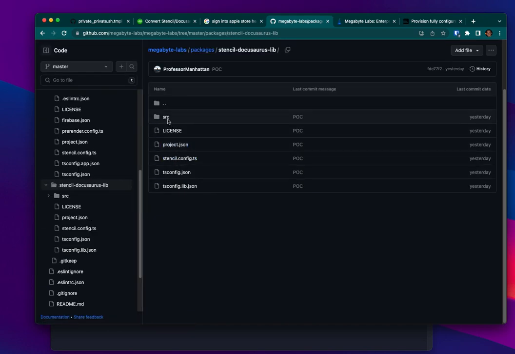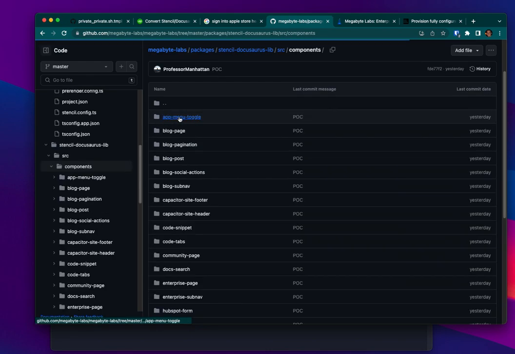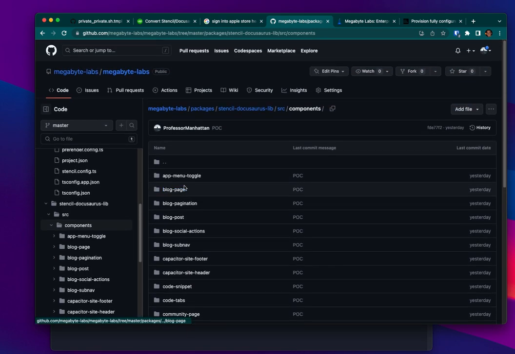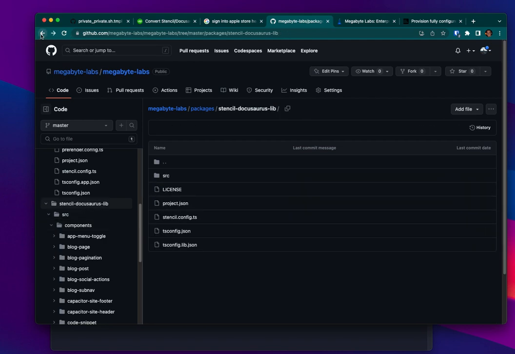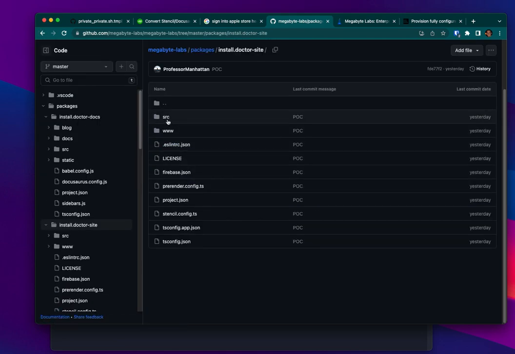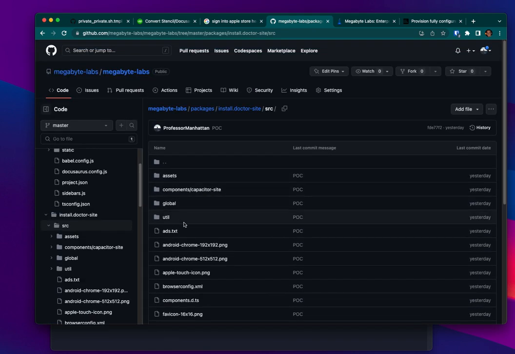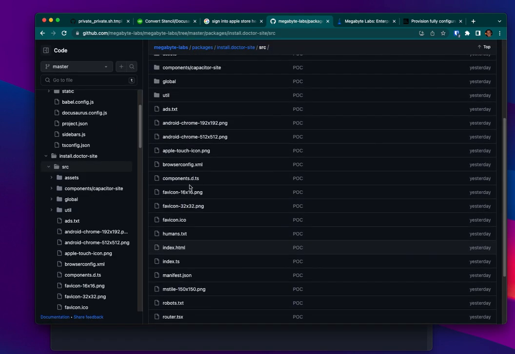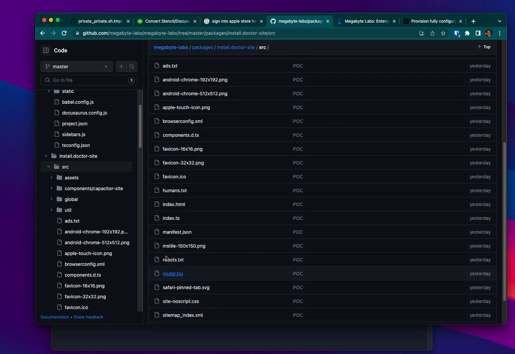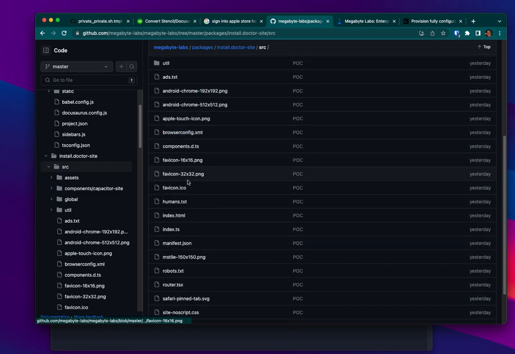If you go into that, click source and click under components, all those shared components that I mentioned before that I want to have shared across multiple sites are in here. And I'm flexible in terms of how we can accomplish this, but if you look at the install doctor site in this NX monorepo, click source, you see we have all the site-specific stuff in here. There might be some we could share, but I'm comfortable with this